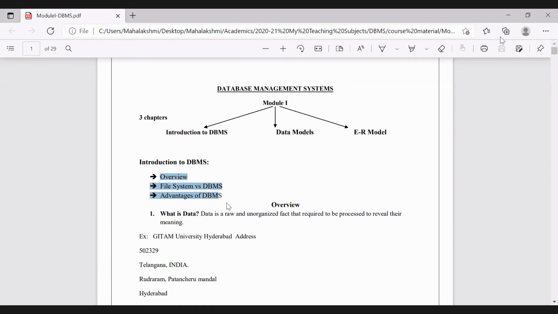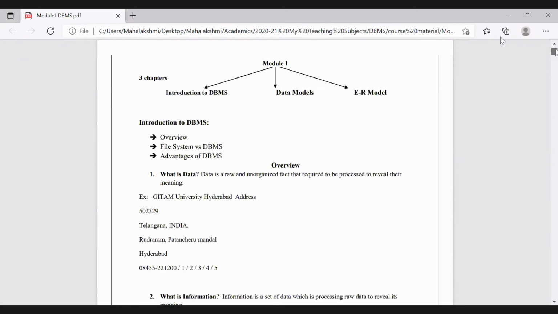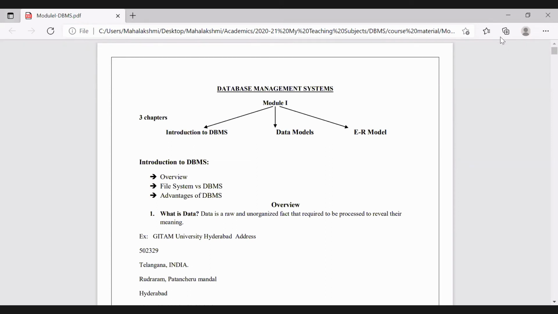We have finished early, within 35 minutes. Should we start the next concept? We'll do one thing. Wait a minute. I think I have closed the syllabus.